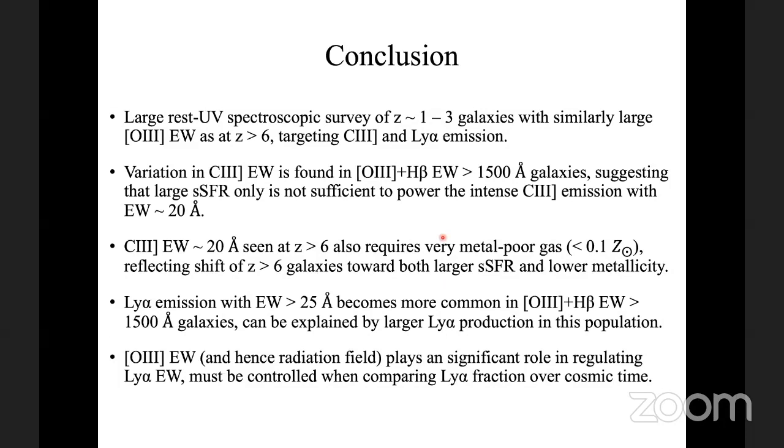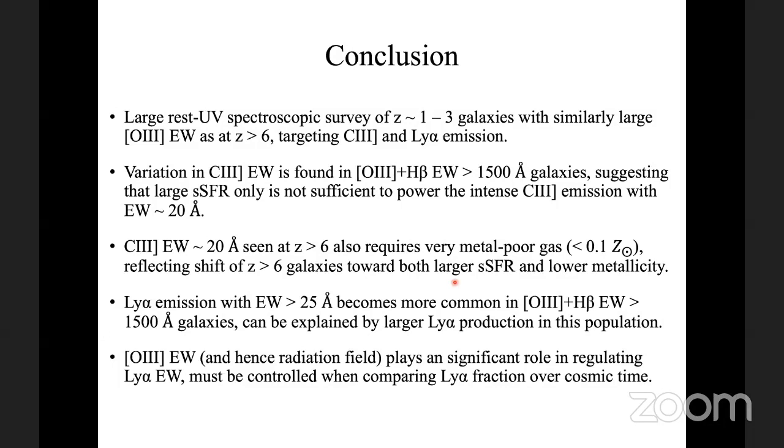Okay, so Yurit asks, nice results on the dependence of Lyman-alpha fraction on the O3 plus H beta equivalent width. How do the Lyman-alpha equivalent widths you measure in the extreme O3 plus H beta emitters at redshift 2 compare to the Lyman-alpha equivalent widths measured at redshift 7 objects with comparable O3 plus H beta? Did you consider using the difference to infer the relative IGM attenuation? So I guess it's asking about